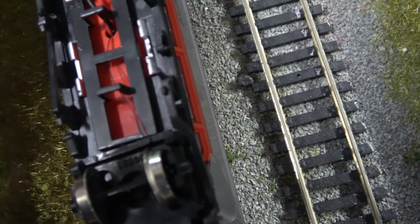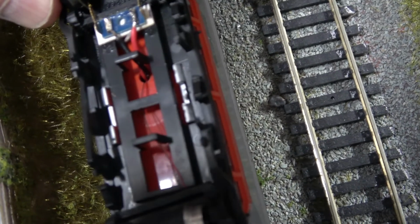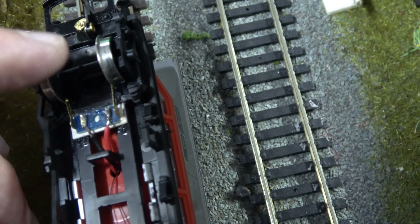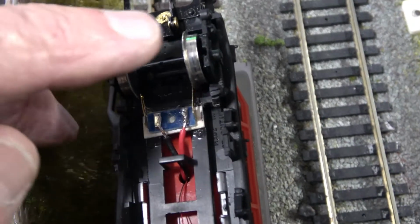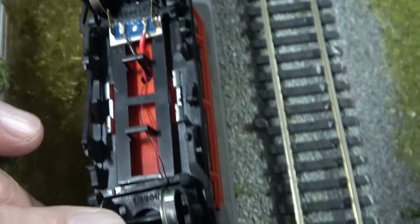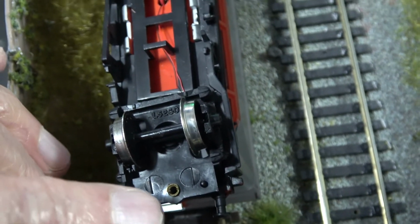And so what I also did was, where there was a swivel, a swivel bogie, I glued it so it's fixed. It doesn't really need a swivel. The new ones haven't got a swivel. So I glued that so it's fixed, and it actually makes it better because it doesn't wobble so much when it goes along. And then I took the coupling off of the rear because I won't need that with the